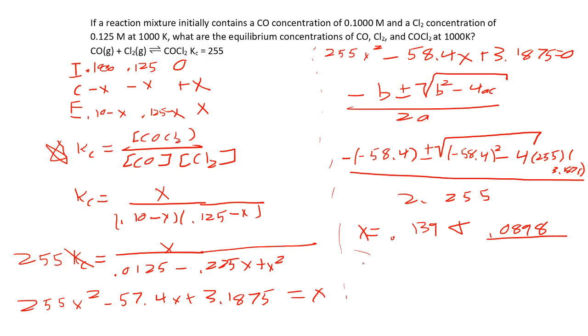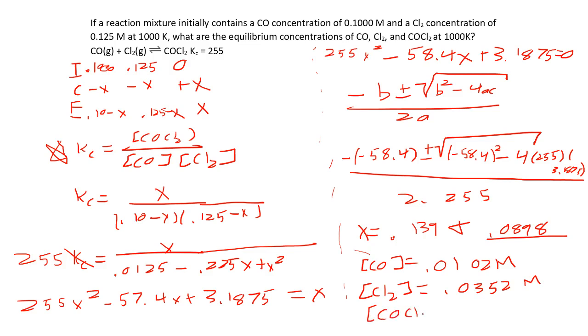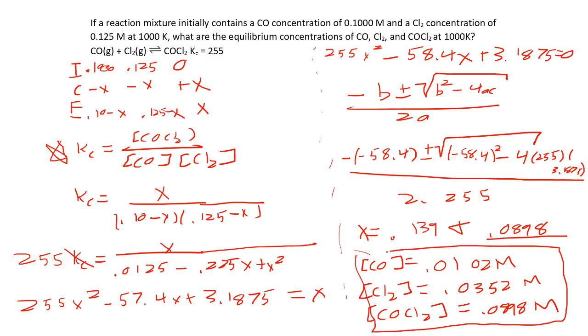So now we're going to plug it into all three because if you end right here, you're not done yet. So we've got to plug 0.0898 into all three of these equations in our ICE table. So I'm going to get carbon monoxide is equal to 0.0102 molar. We're going to get that Cl2 is equal to 0.0352 molar. And we're going to get that COCl2 is equal to 0.0898 molar. Again, it's possible to have none of the answers equal exactly x, but you can see that a couple of these concentrations were different than our x value. So make sure you check through that and see